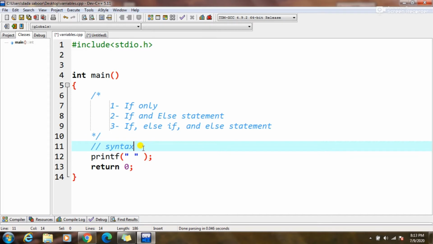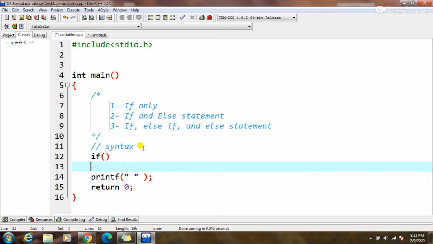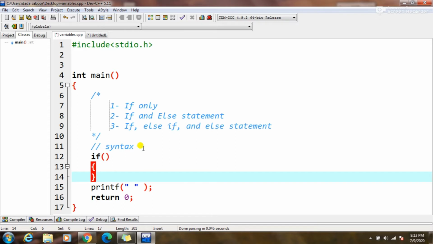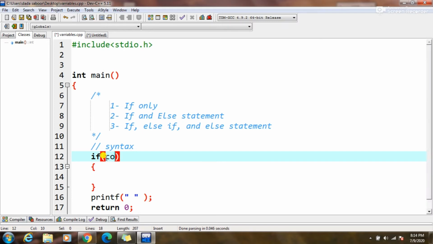The syntax of if statement is like this: if, brackets and curly brackets. Always take care of indentation, and I will recommend you to watch our previous tutorials for better vision. Firstly, we will write the keyword if, and in these brackets we will write condition.